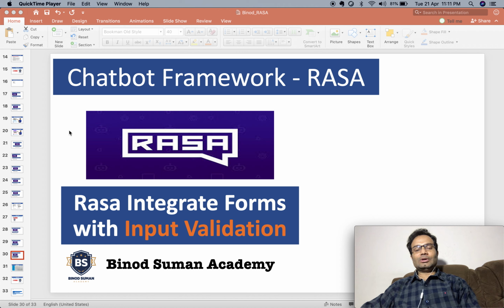I am going to explain or show the demo. If you have integrated a form with Rasa, how can you do user validation? Suppose you require some number to be 4 digits or 6 digits, how can you restrict those entries, or some information should be within a set of 5 values, how can you tell the user no, you have to input only this kind of set of data, as you used to do in other kinds of forms.